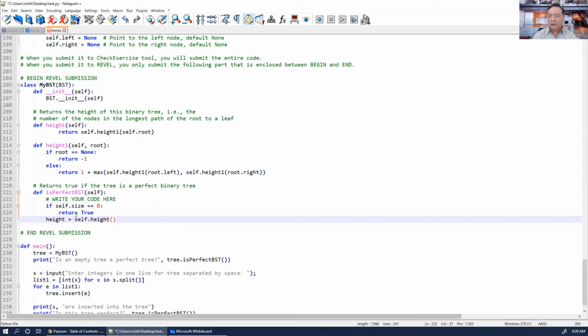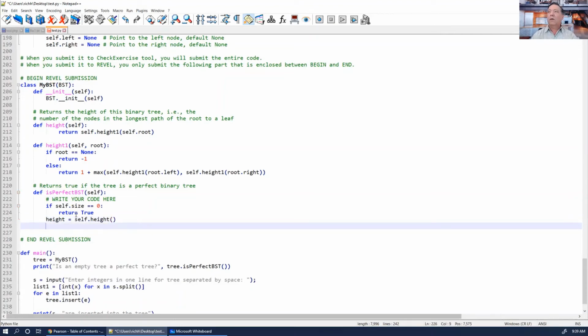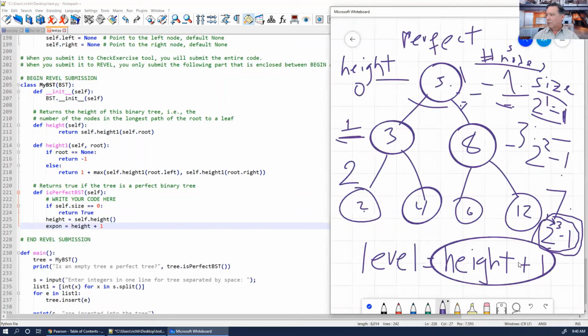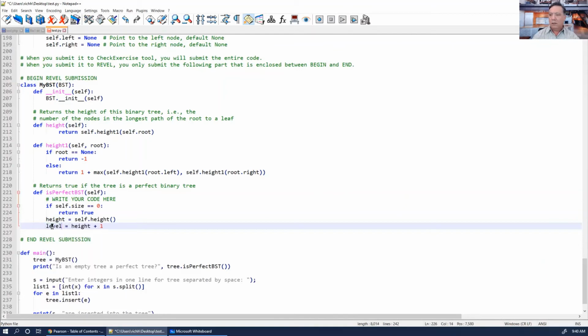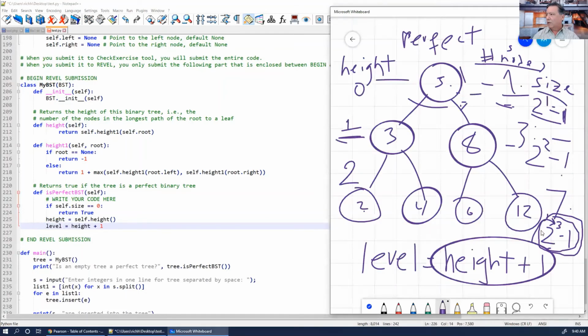So that's the height. And then we want the exponent. The exponent is equal to height plus 1, right? That's what this is. Height plus 1. Oh, that's the level. I'm going to call it level. And then we're going to do 2 to the level. Okay, so then I'm going to say num nodes